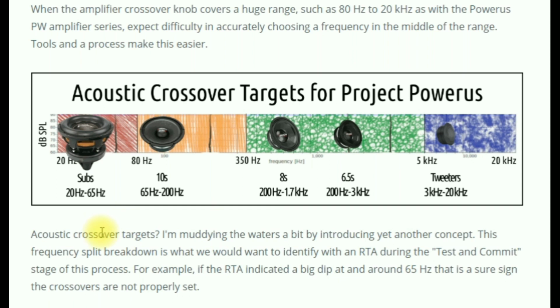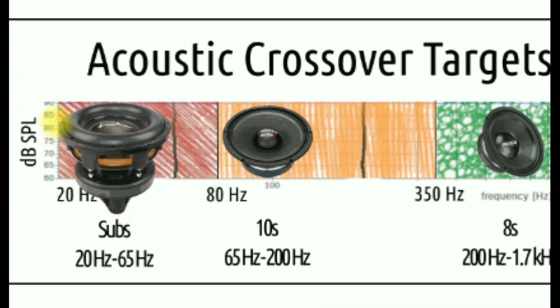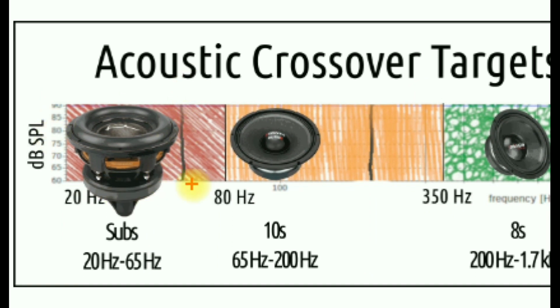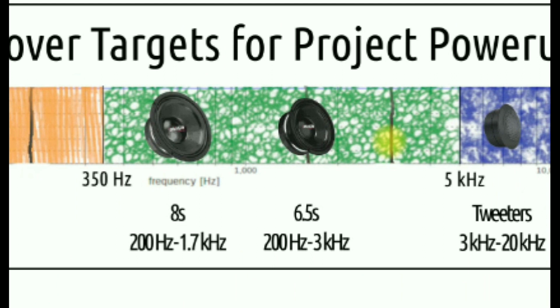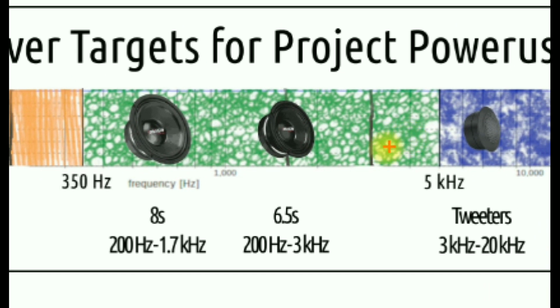So we have an acoustic crossover target of 65 Hertz. That's right in this region for the top end of the subwoofer and the bottom end of the tens. The next acoustic crossover frequency is coming in at 200 Hertz. That is the top of the tens and the bottom end of both the 8s and the 6.5s. The next crossover frequency